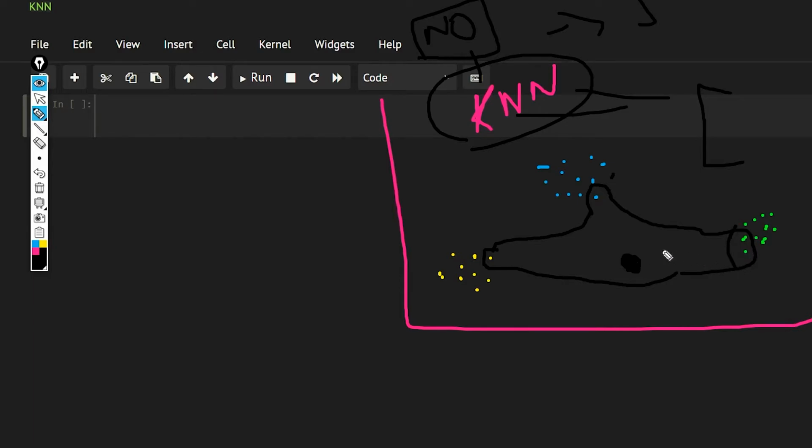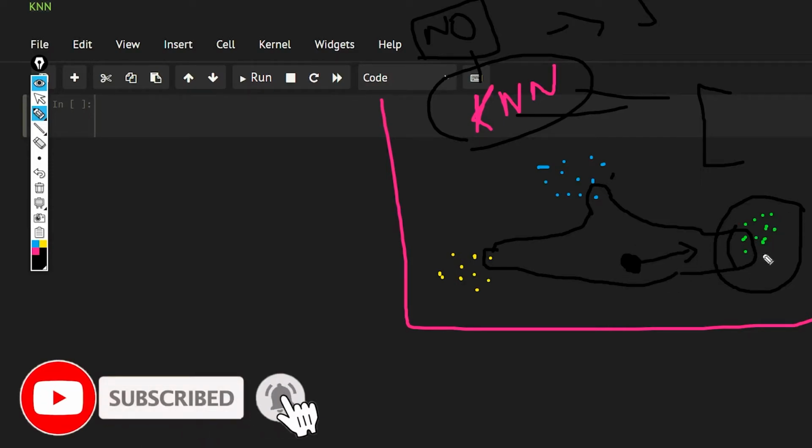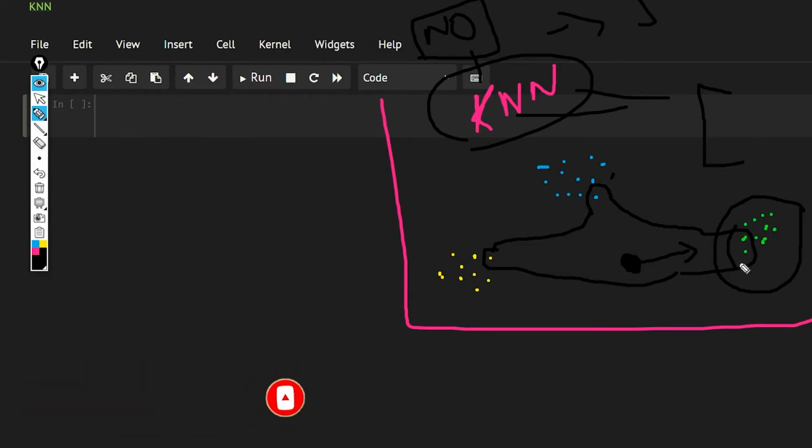So it is going to say that your point belongs to this class, because there are 3 points that are closer to it, so it is closer to this blob or this class. This is the main intuition behind KNN, and here we can use different distance measures, but I am going to use